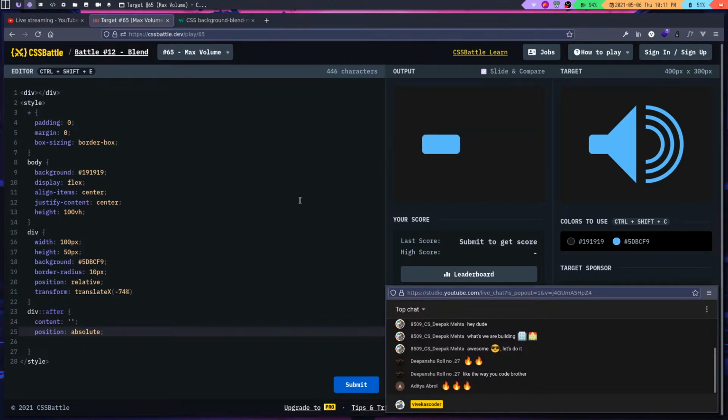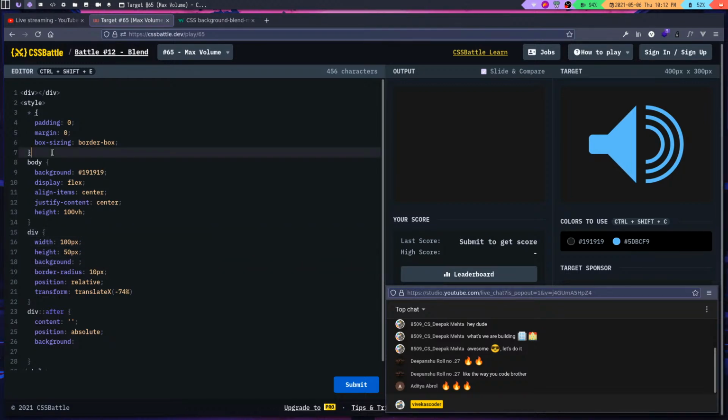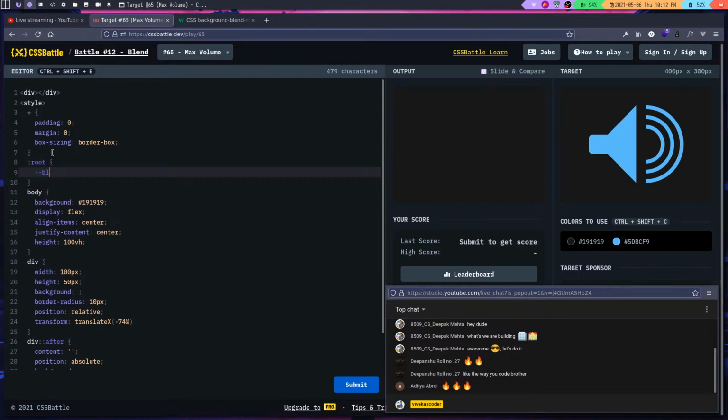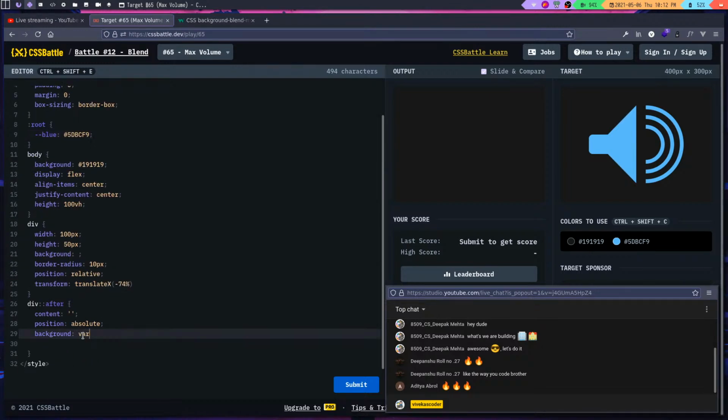So let's do it. I think I should not provide the position absolute. Let's take a look. I will provide first of all the background here, and I can actually make this a variable so that I can reference it. So dash blue is the color. Now I could just reference it wherever I want, like this, blue. Okay, now what is this? For some reason, okay, here also I need to use the blue variable. Alright,